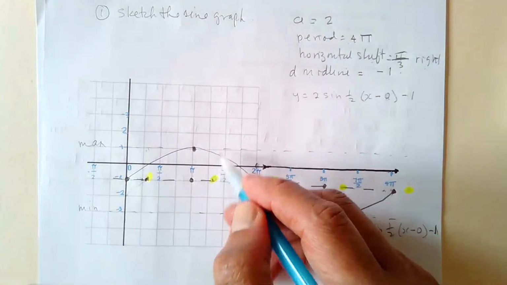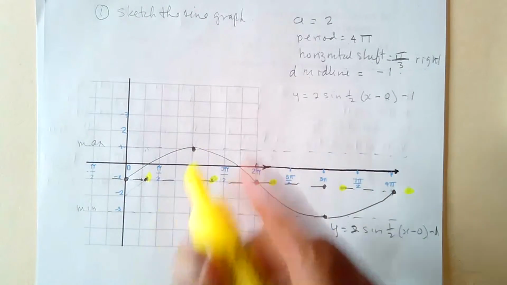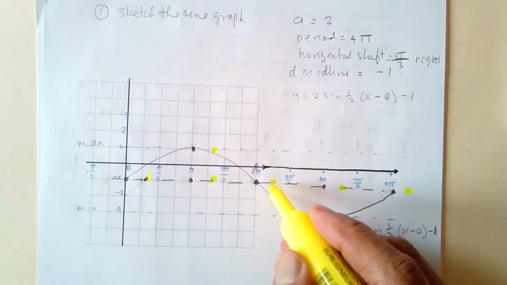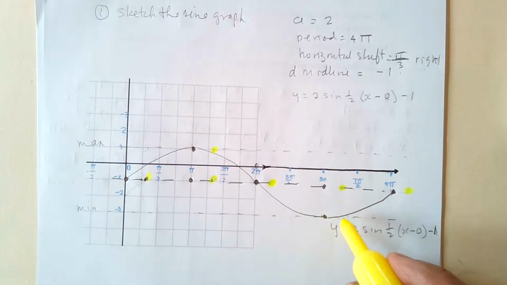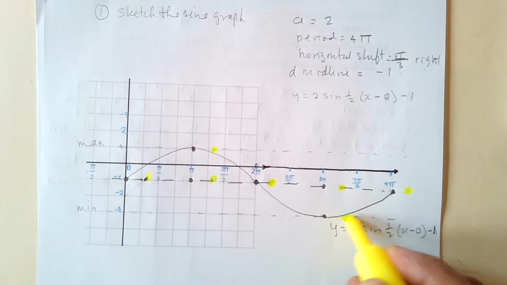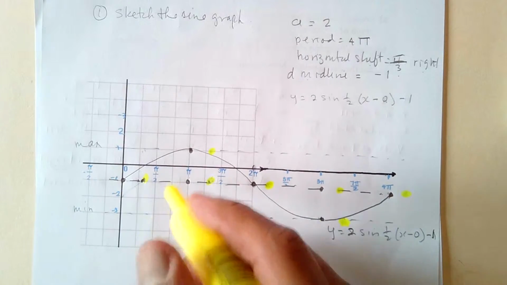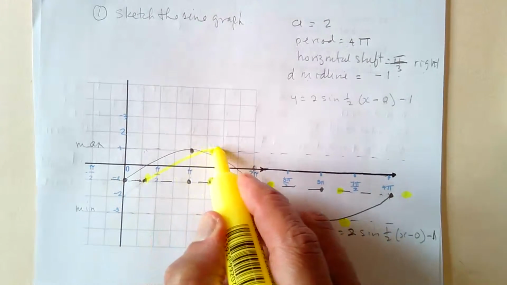So now this is my maximum. So put my maximum here. This would be my midline. Up here. So my graph now would be